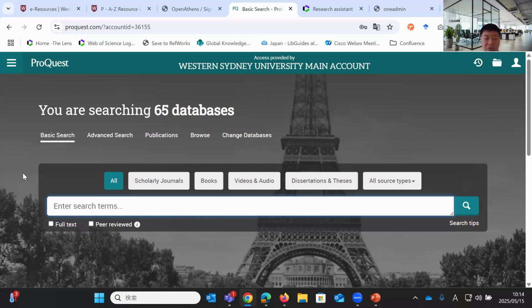And one of the things I'd like to talk about today is that we do have an AI feature within ProQuest. However, the conversational search, where you just type questions and sentences and ask AI to find things on your behalf, that feature is not yet available on ProQuest.